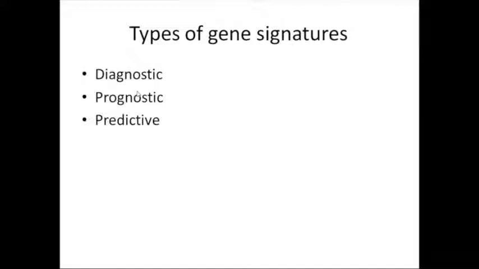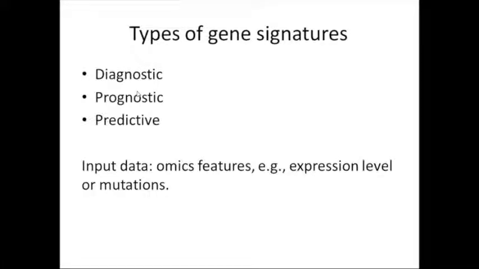Prognostic gene signatures allow forecasting a risk of getting a disease, allow predicting risk of recurrence, allow estimating recurrence-free survival, and so on. Predictive gene signatures allow predicting whether a given drug or a given therapy scheme would be efficient for an individual patient. So, in all the cases, input data for such prediction